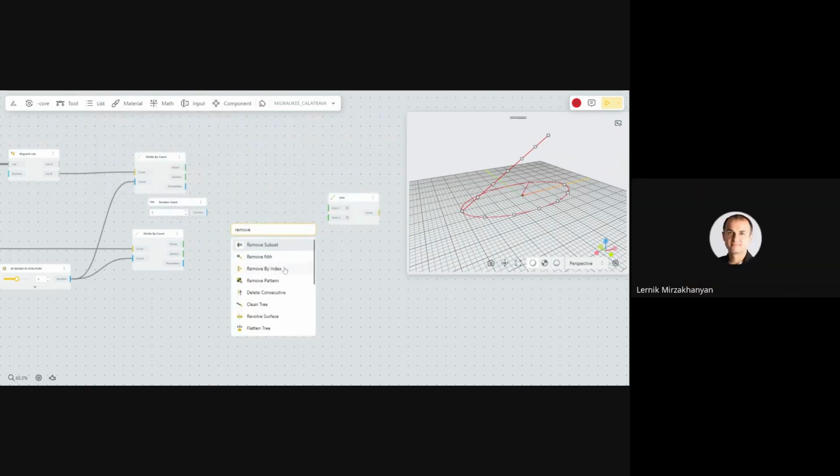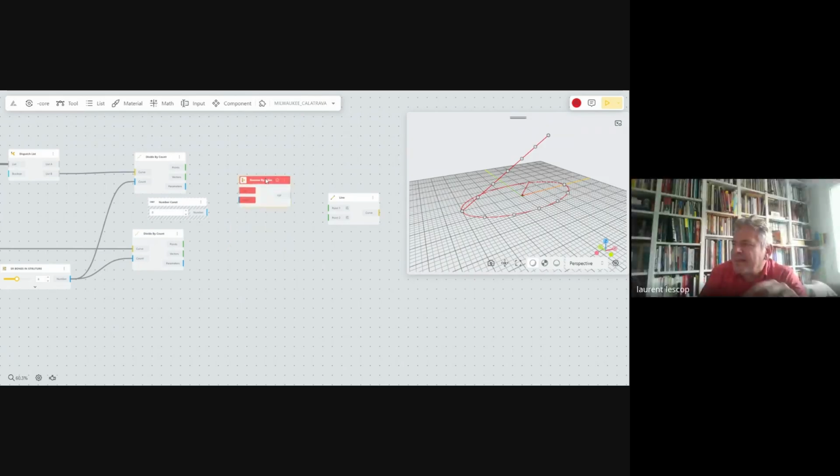Yeah, the third one. Yes, this is the one I was looking for. It's going to be better. Index, yes, this is exactly what I was looking for. Up this one, and we will see if it works.